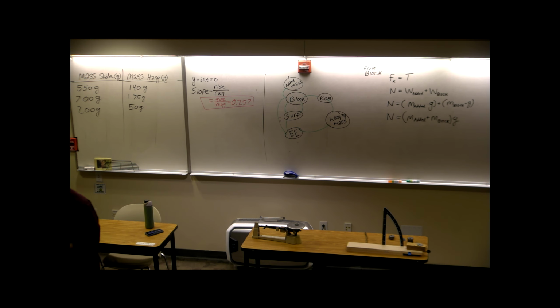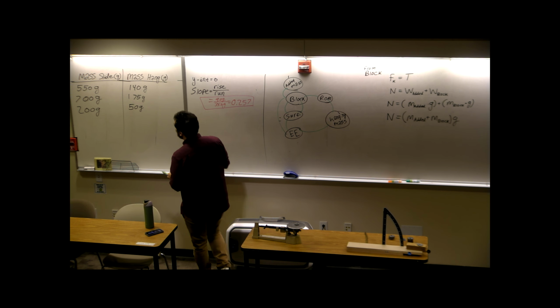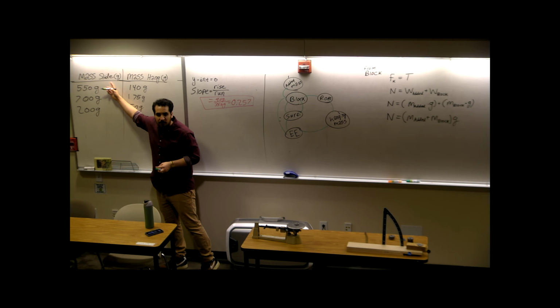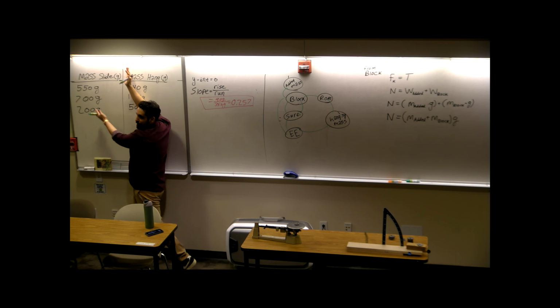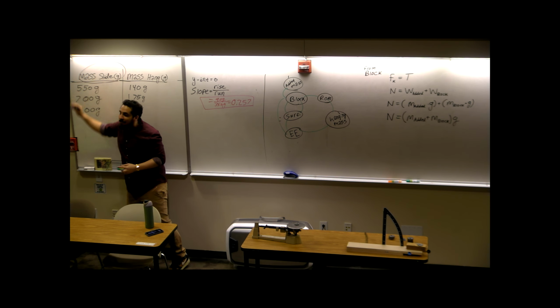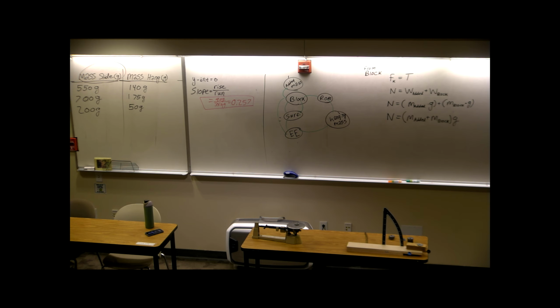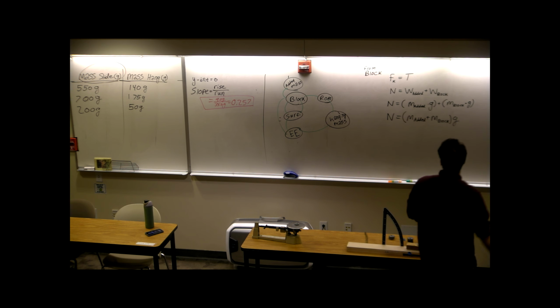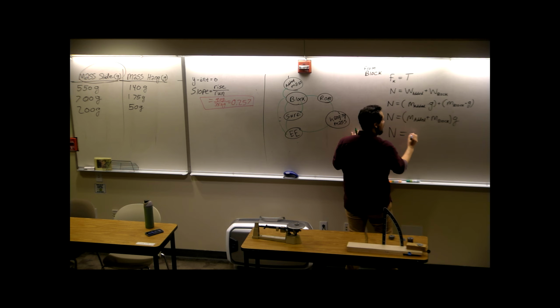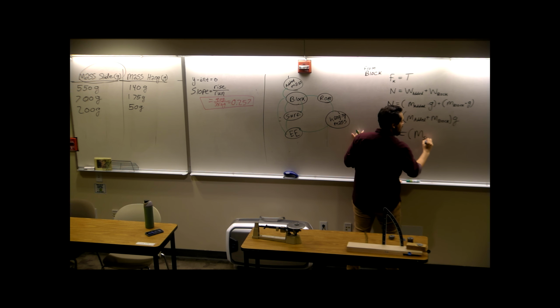And the answer is absolutely, because we were doing this calculation at some point where we were adding mass of the block to whatever we put on top of the block. And we were using that in our experiment. Where did we see that in our experiment? The sum of our masses was the mass that was sliding. The sum of the masses of the mass of the block and the added mass, that was the mass that was sliding. We called that the sliding mass. So we'll say that the normal force is equal to the mass that was sliding